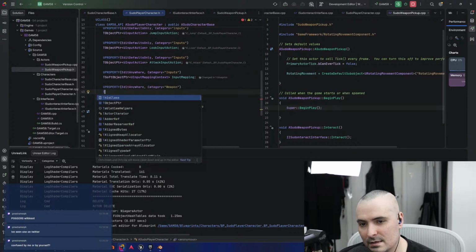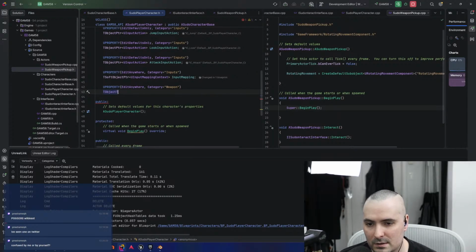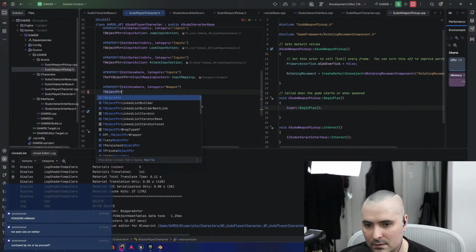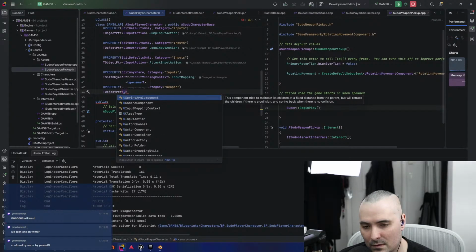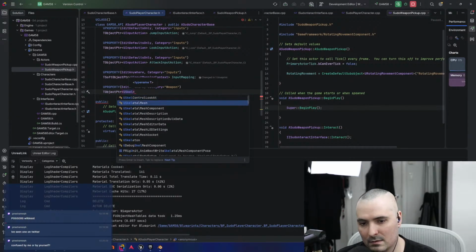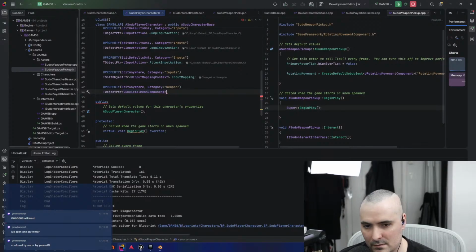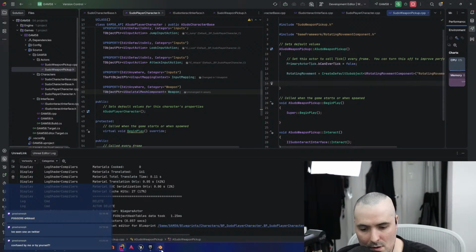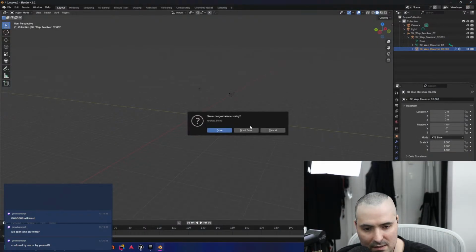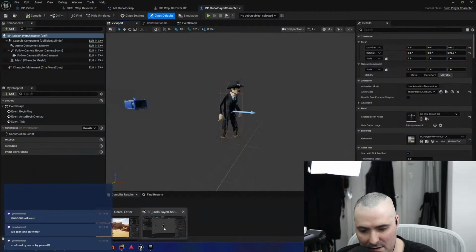And then TObjectPtr, and this will be a USkeletalMeshComponent, Weapon. And then we're going to close this because Blender's always confusing.